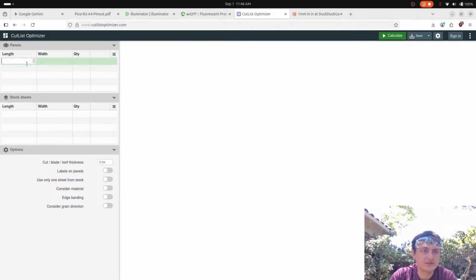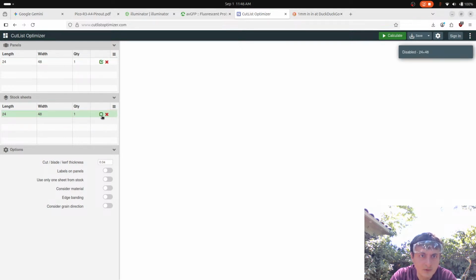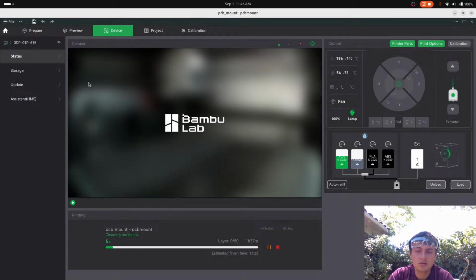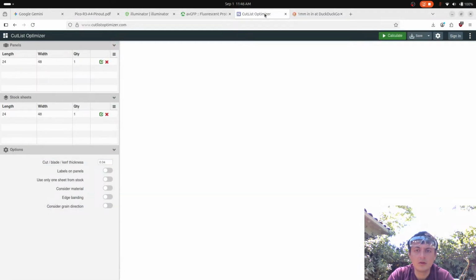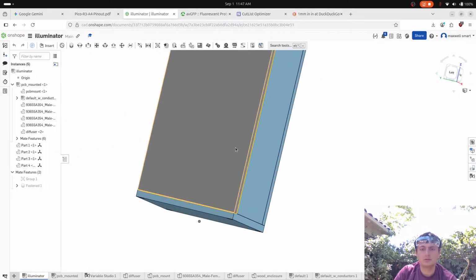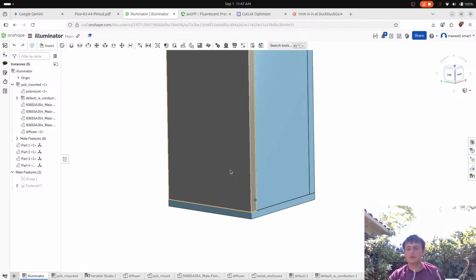Panels. How do I add a panel? Oh, I just do this. Okay, we have two. I think 24, 48, 1. Oh wait, no. I did this wrong. 24, 48, 1. Oh, okay. And then what do we want? We want so, okay, so I think I do want to go in and